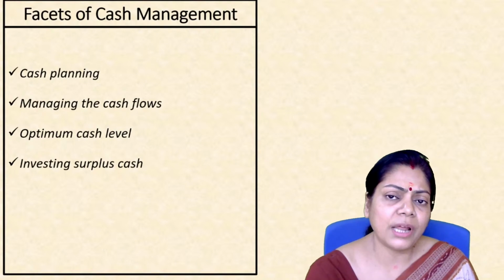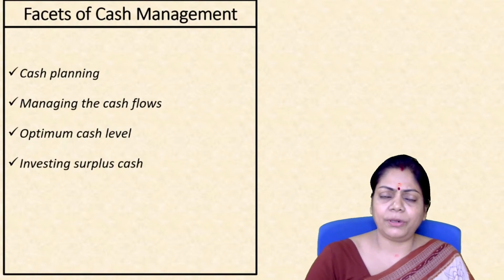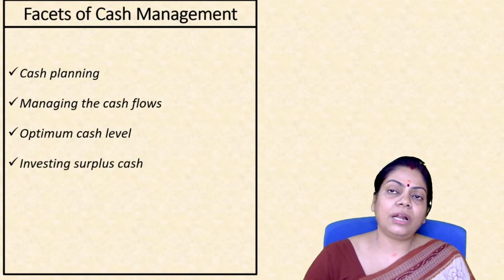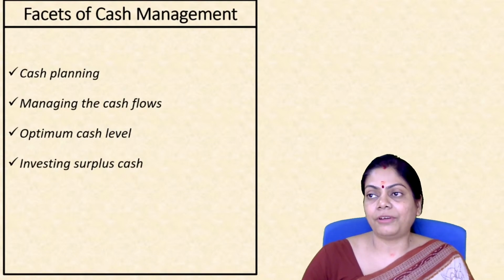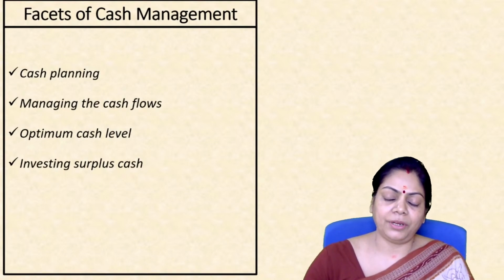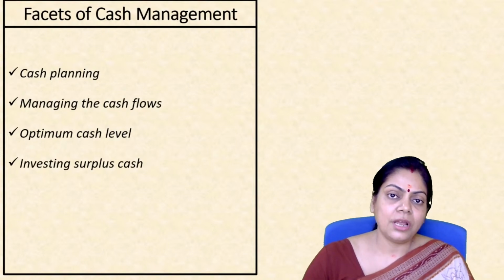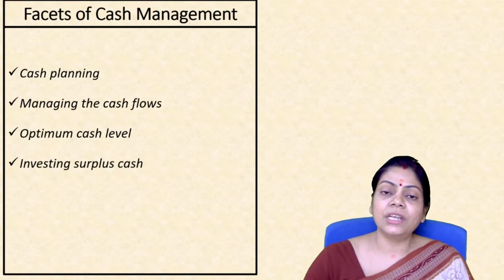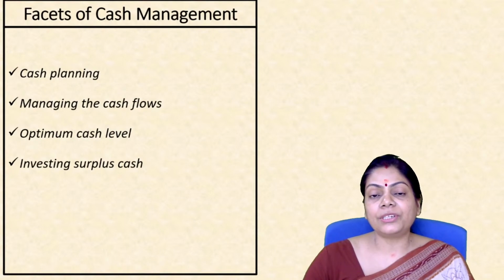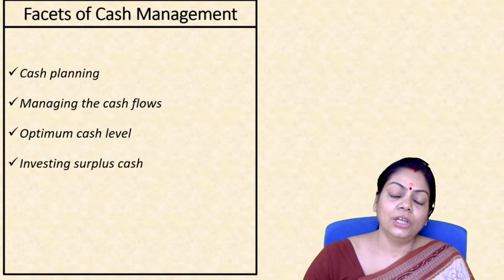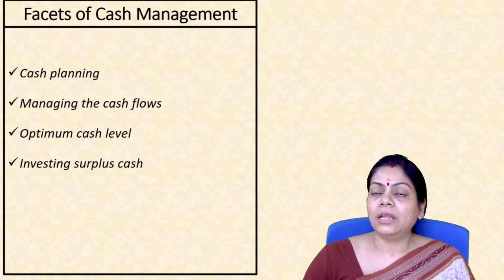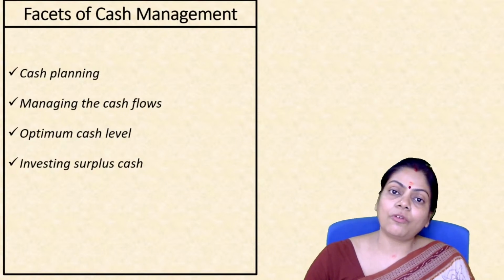Now, how do you do that? You can do that through various techniques. We'll be discussing one such technique here. For example, if you know that you are going to receive, let us say, 5 lakh rupees in May through sales collection, and your payment schedule says that you have to pay out 7 lakhs, then in the month of May, you will fall short of cash by 2 lakh rupees. So now you can plan what I'm going to do about that 2 lakh rupees, or vice versa.